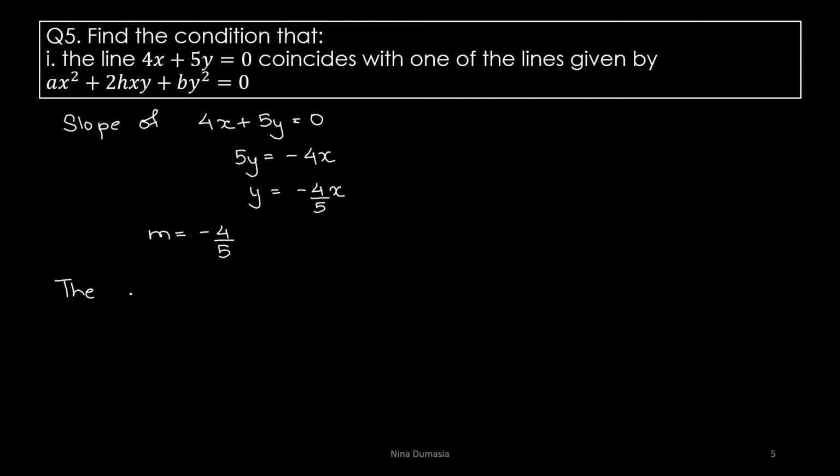The auxiliary equation is, so I have told you a trick in the past also. How do we find the auxiliary equation? Actually you have to substitute y by x as m, but हम लोग shortcut के लिए ये करते हैं कि हम y को लिखते हैं as m और x को लिख देते हैं as 1. Therefore we get bm² + 2hm + a = 0. So therefore m = −4/5 satisfies this equation.